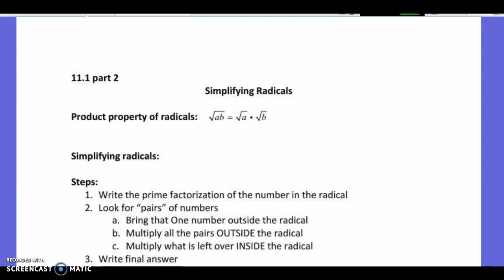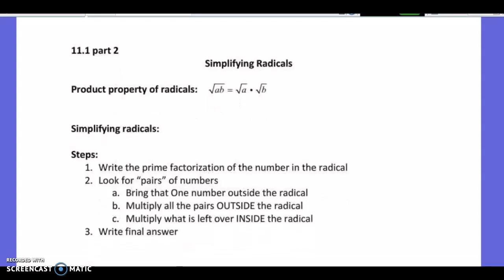Okay, wanted to cover part 2 of 11.2, simplifying radicals. This covers the product property of radicals. Now, a lot of times when I give you a square root, it won't be simplified, or it won't come out as a whole number. So in an effort to not have something that is a crazy non-terminating decimal, we will use what we call